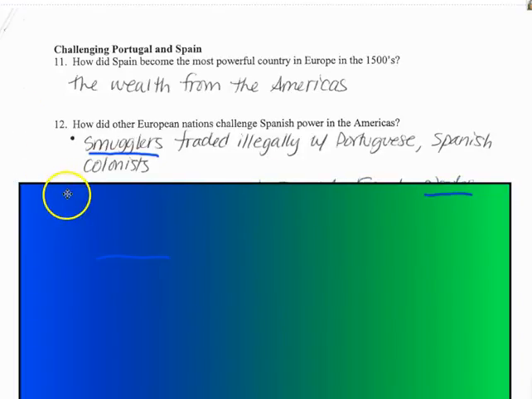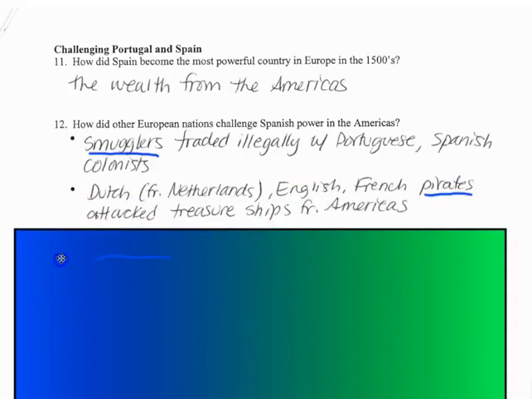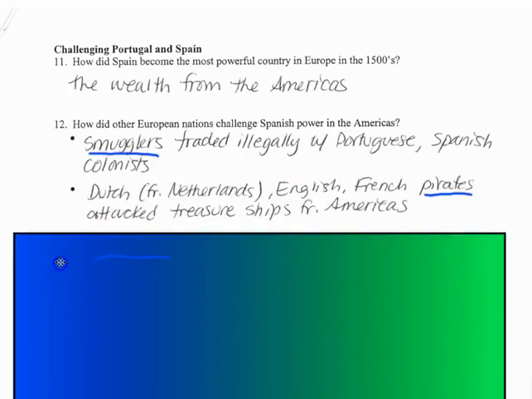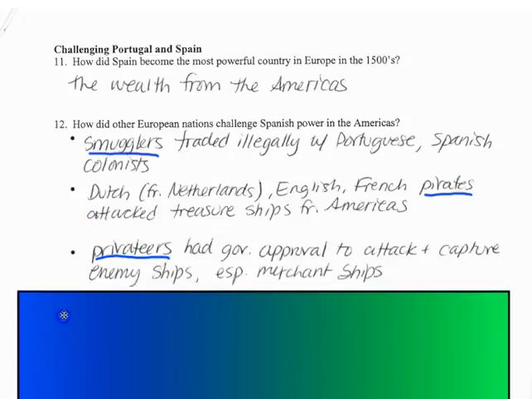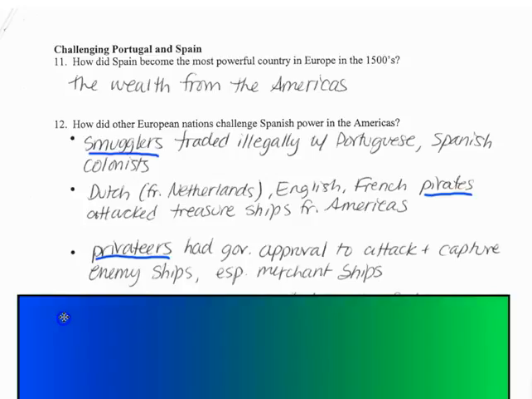Some people traded illegally, as listed in the first bullet. Pirates, I always love a good pirate, although I guess they're kind of rebellious, maybe. I'm not quite sure why. I think it's the eye patch and peg legs and stuff. And their vocabulary I think is really cool. Okay, so there's pirate ships and privateers, or people who have the government's approval to attack and capture enemy ships.